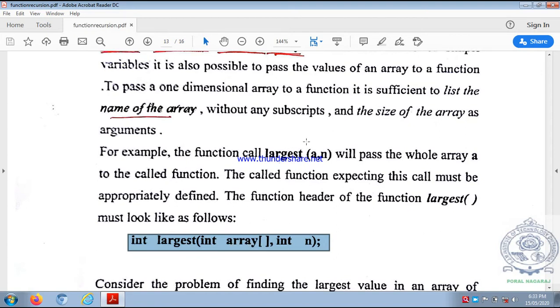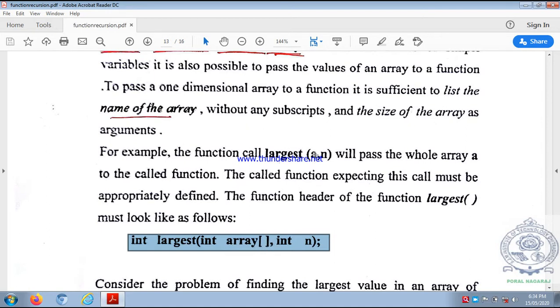See this, in the calling function the name of the array is a. In the called function the name of the array is array. You can observe in the calling function a, in the called function array, and without size, just simply square brackets, because it is a one-dimensional array, so we have used only one pair of square braces.